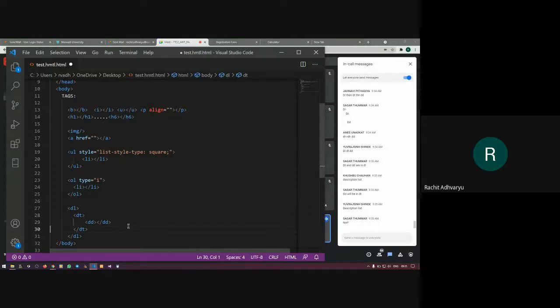So Sagar, just tell me what will be the correct sequence. If you are saying that the sequence is wrong, what should be the correct sequence? Sagar Thumar. And others, please provide me the full form. What is DL, DT and DD?